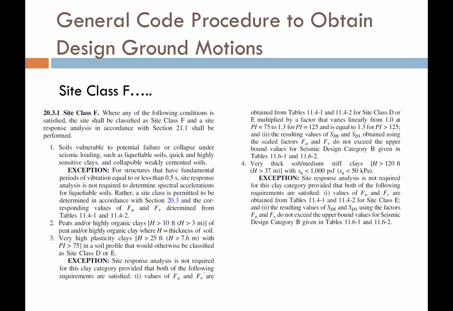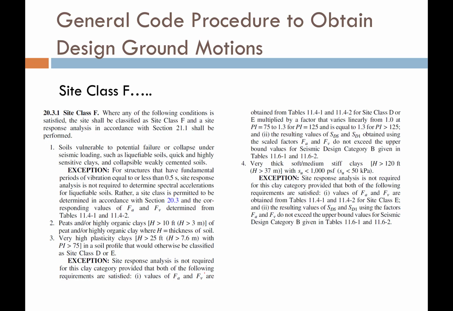Don't worry too much about it. If you ever get into doing this for money, you'll obviously dive into what all this means. But for the time being, just understand there is an exception to this, but it comes at a cost, so to speak, because what these exceptions are requiring you to do is to artificially beef up your ground motions for